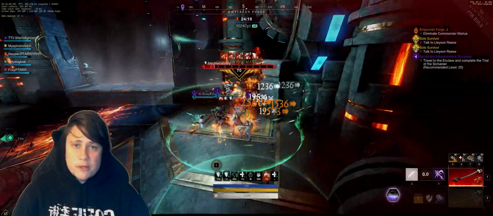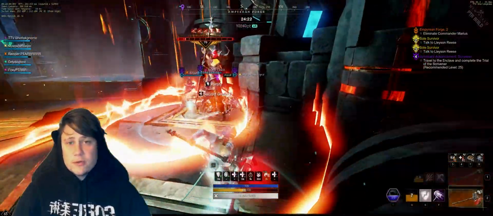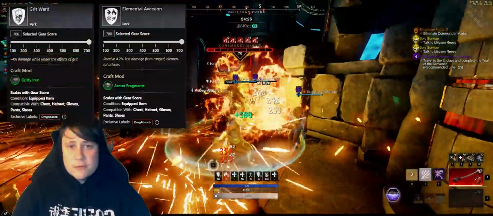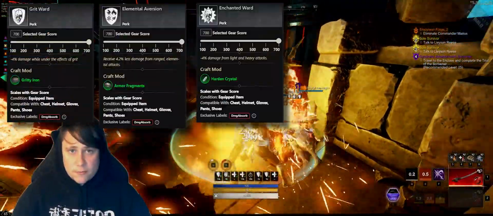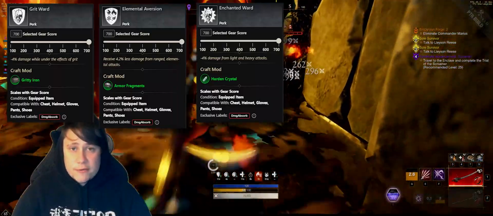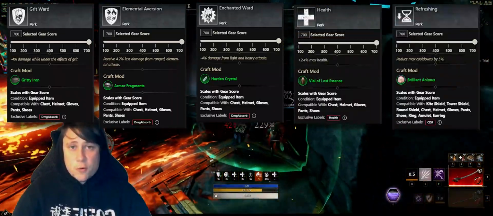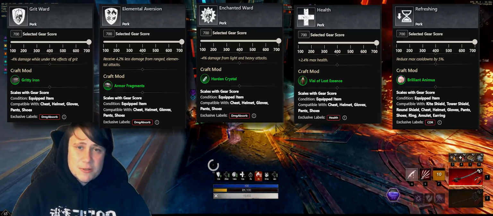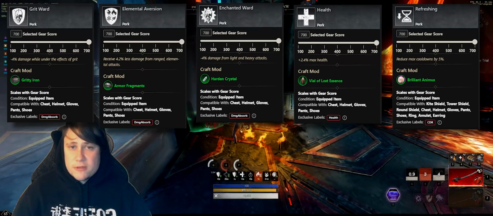Alright, so now I think we have a pretty good idea of what we want to be running. If you're 300 con or if you're running Rapier, you're going to want Grit Ward, otherwise you want Elemental Aversion or Enchanted Ward. All 3 roles are going to want full health on their gear, plus 4 refreshing, as refreshing only stacks 4 times. So with the remaining slots you can slot in weapon perks you need or things like